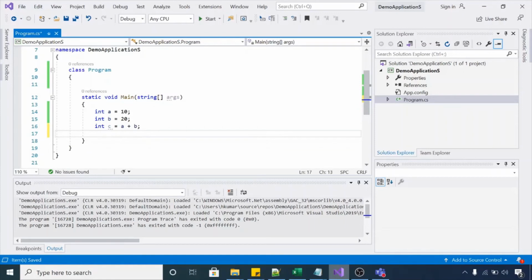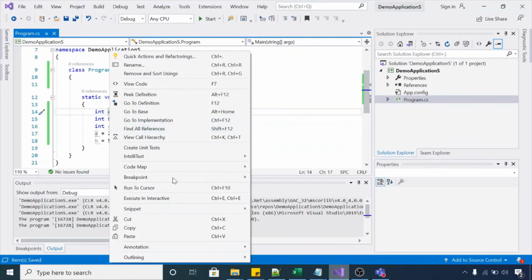And you can just reassign some value to a variable. I am updating the value of a to 20 here, and b to 50 here. So now if I have to add a watch here, I will just right click on this a variable and click on add watch.